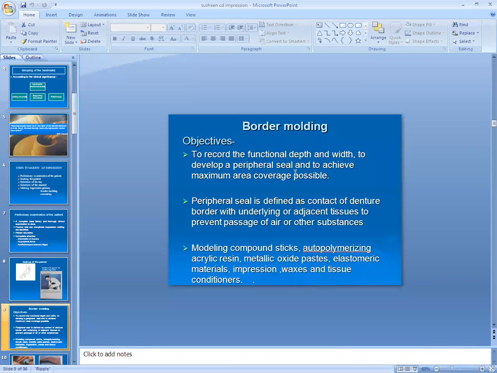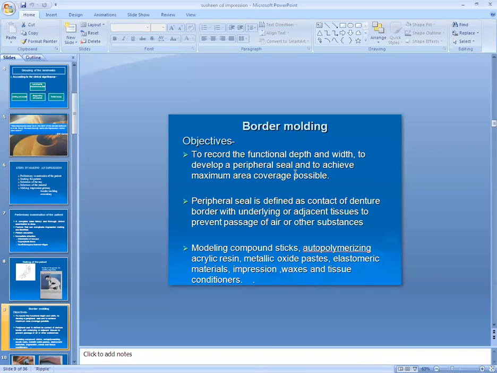So what is the objective of border molding? What is the purpose? It should record the functional depth and width, that is, the width and depth of the vestibule. We have to record it in the border molding material. That is green stick we are using, again we can use polyether, again we can use putty consistency.